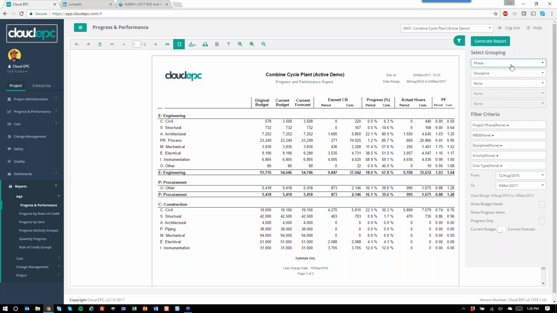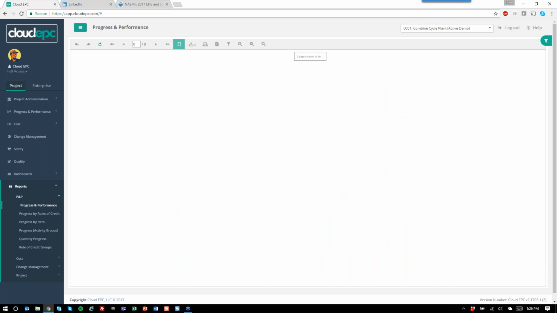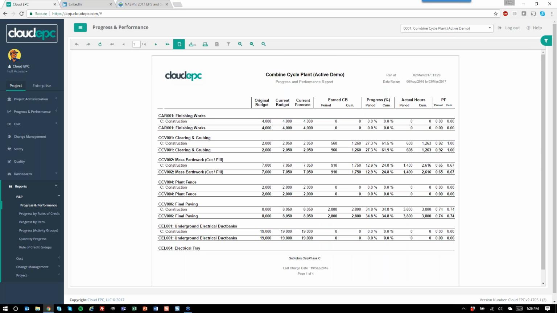But let's say you have a particular client that says, well, that's not how I want to see my report. I actually really want to see activities, and then underneath my activities, I want to see my phases. Probably not likely, but just for all intents and purposes of demonstrating the capabilities. And let's say they say, well, I don't care about the engineering component, I just want to focus on construction. So we can generate that report again on the fly, quickly slice and dicing our data exactly the way a particular client may want it.